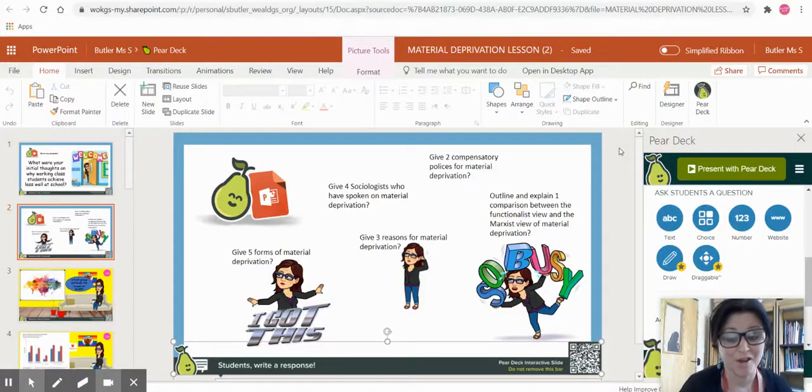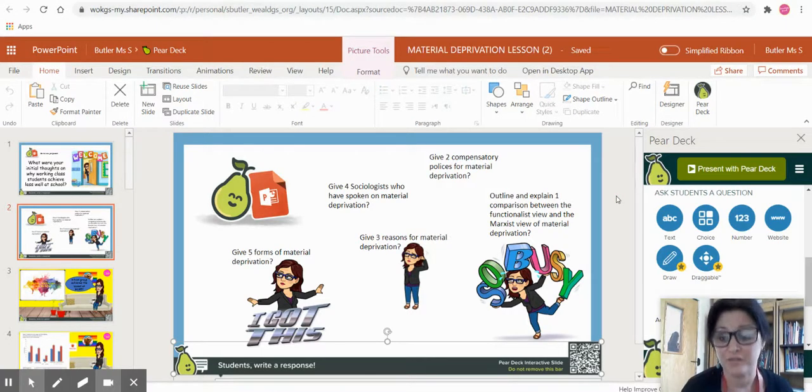Okay, so here we are. We've taken our set of slides. We've opened Pear Deck as a sidebar. We've gone to the blue circles and we've added a text option to one or more slides, but one is enough. What we want now is for our student to be able to access these slides while we are teaching